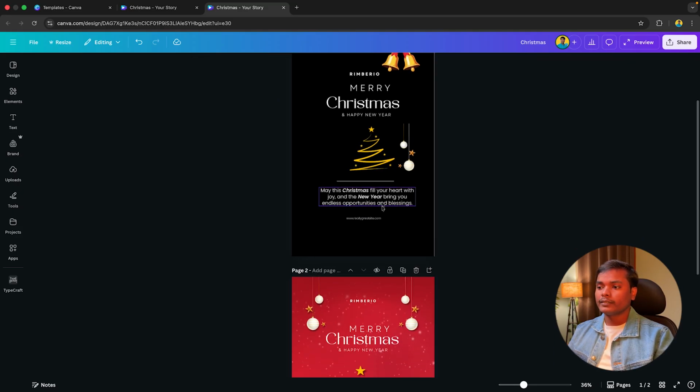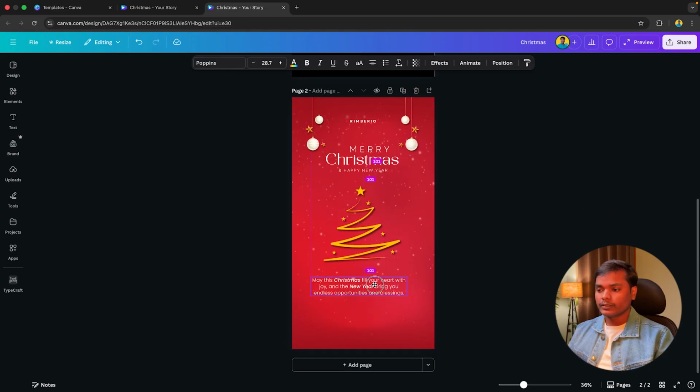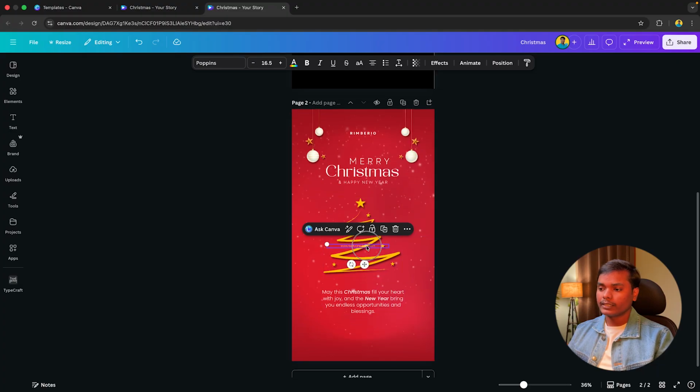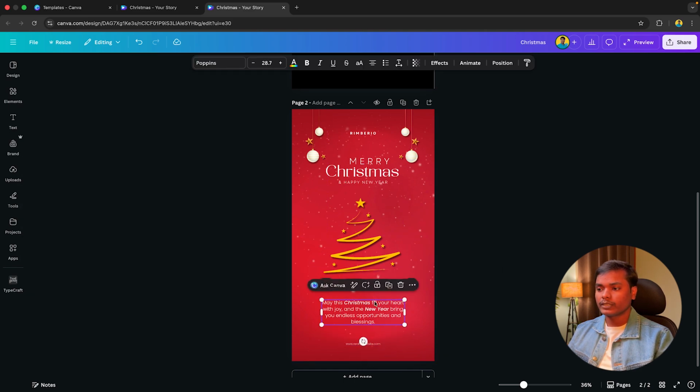And now we will add these details, this greeting text. I will just place this. These are the codes which we are going to place in the middle like this. And now we will add the website. I will drag it here, and I will make sure it is in the proper placing. I will go to the position center and it is arranged properly. Just make it like this.